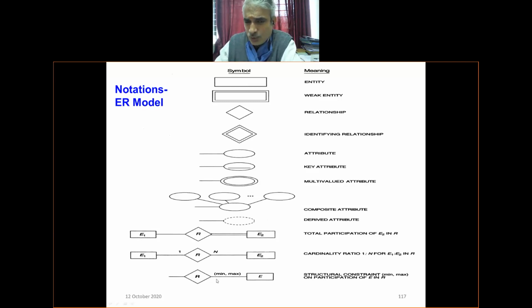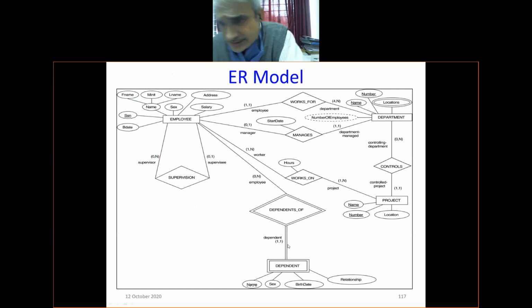So how do you implement all these things? They're all equally important. Those things will be dealt with in the DBMS course. So I hope you are all going through these things. And one of the best examples is given in the Navathe book: how can you read all these things, and how do you implement them? That is the aspect you need to look into.